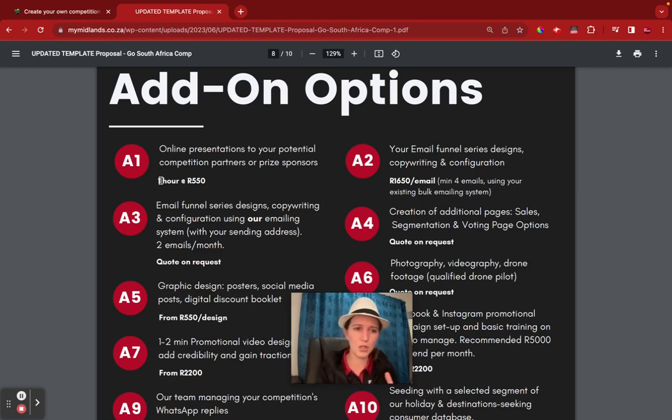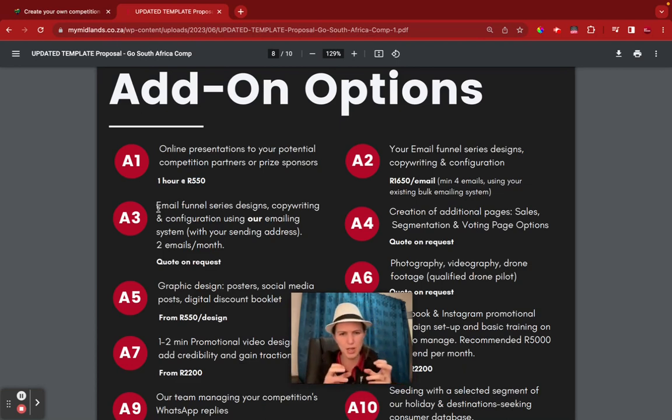So if you're looking for a less risky way of running this competition and not suddenly having to pay 10 or 20,000 Rand a month for your CRM because you suddenly have a database of 30 or 40 or 50 or 100,000 subscribers, which can really happen. Literally, I've seen it with my own eyes. I've had my phone overheating because of it. It's a real thing.